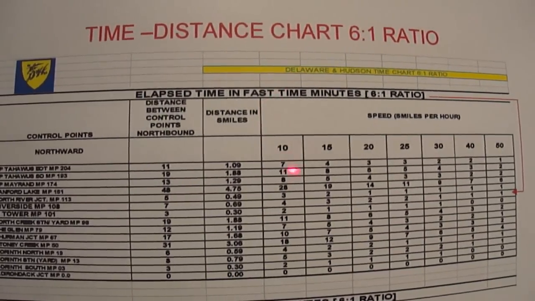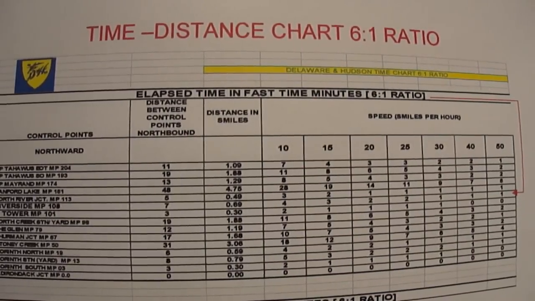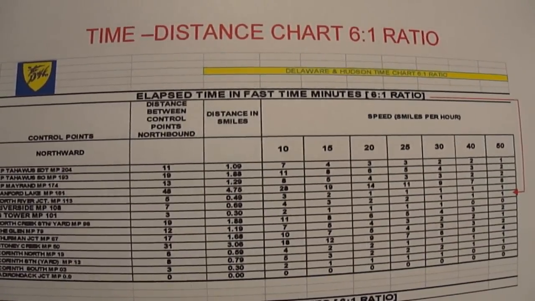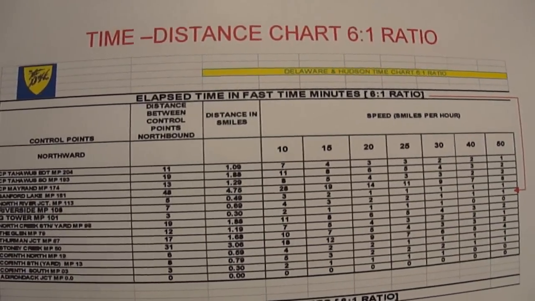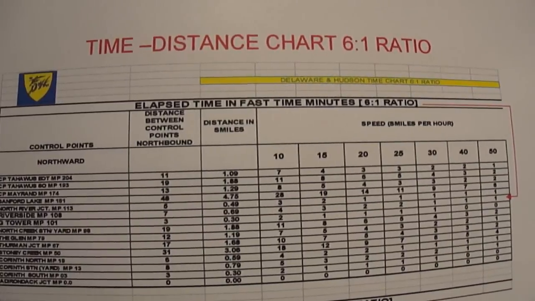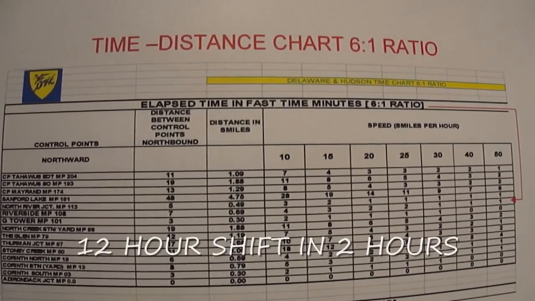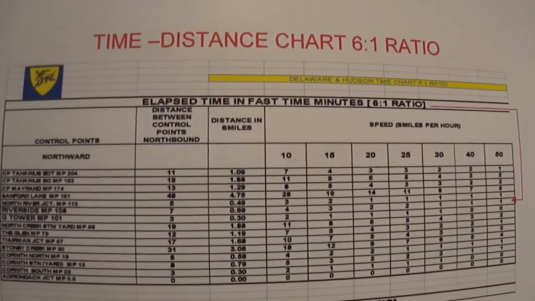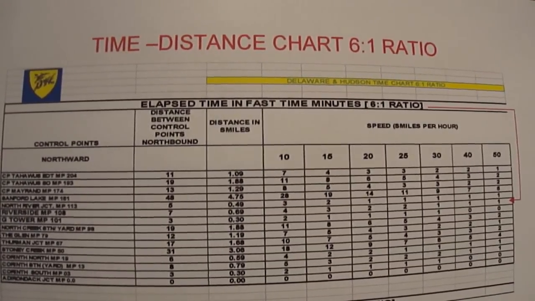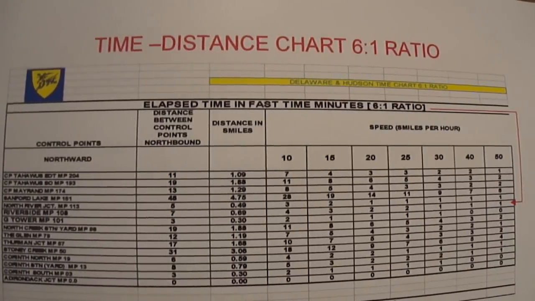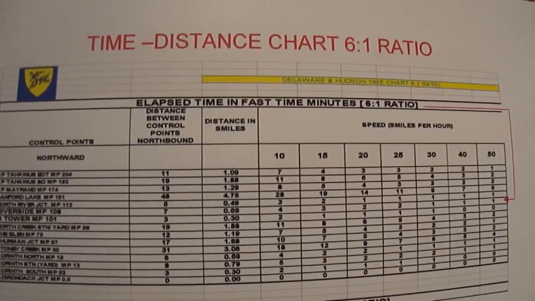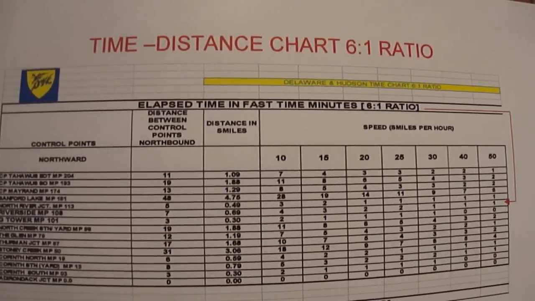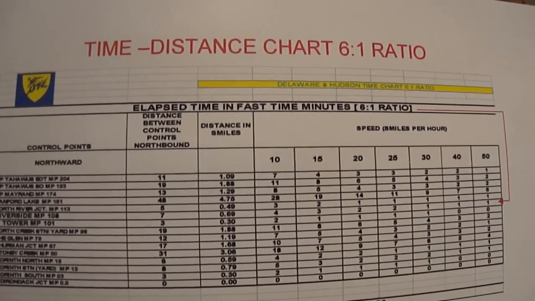So, Michel, if I could just ask you, why did you choose 6:1? Okay, 6:1 because at a 6:1 ratio you can do a 12-hour shift in 2 hours of actual time. If you picked a ratio, it's sort of a mid-speed of fast clock. It's not very fast, it's not too slow either. But I think the main factor is the 2 hours of actual time,